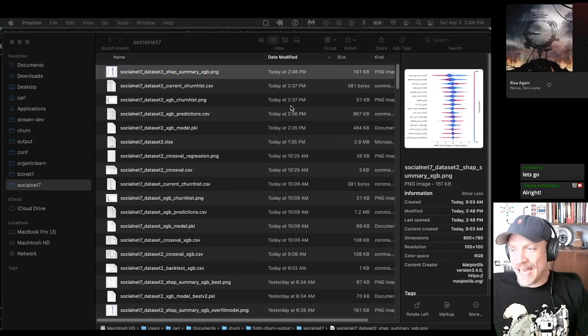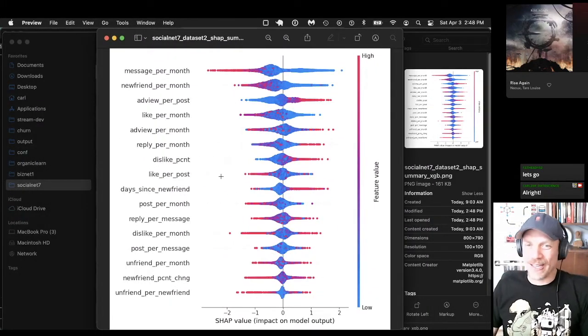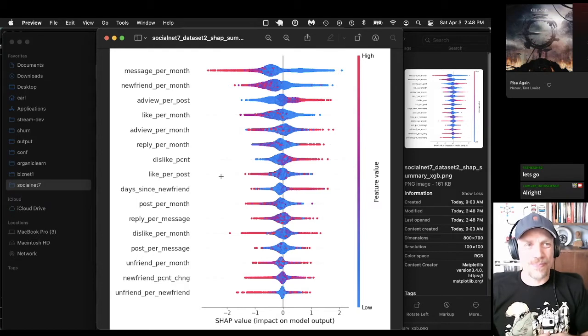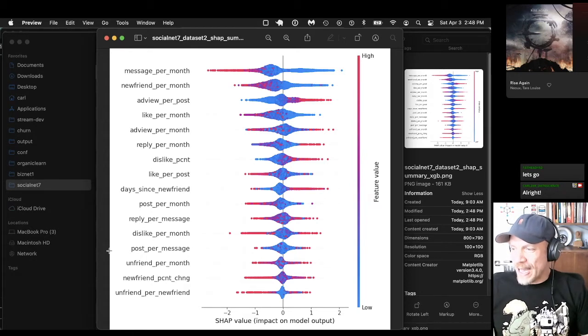So this is an example of a SHAP summary. I actually don't even know if I'm pronouncing it correctly. It may be "shape" because it's Shapley. I don't know if anyone in the chat knows the SHAP or "shape" method for explaining machine learning. But we are looking at one now, and let's zoom in a little bit.